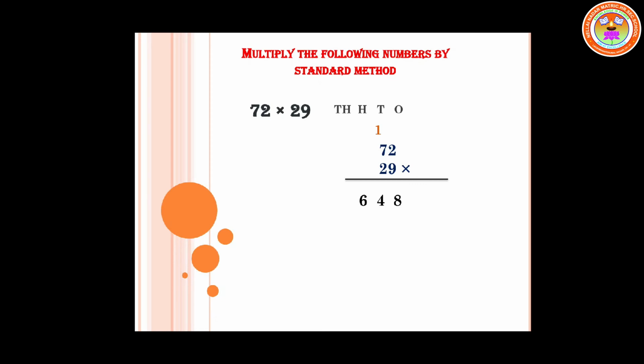Now I have to multiply 72 with the tens place. That is 2. So since we are going to start with the tens place, we are going to leave 1's place with a symbol, any symbol. You can put 0. So here I have put a symbol. Okay. So that place is left. Next, 2 into 2. What is 2 2's are? 4. So 4 is written. Next, 7 2's are? 14. So I'll write that. Yes. Now the final step.